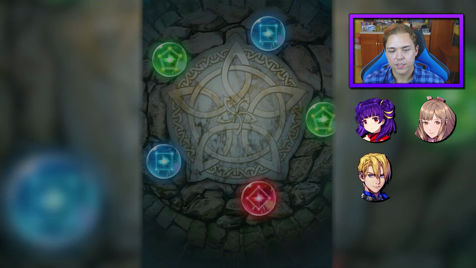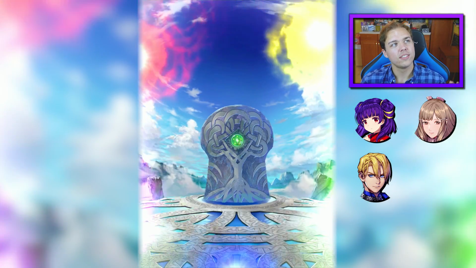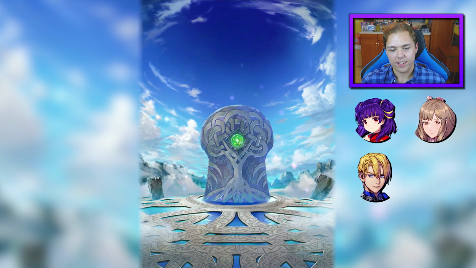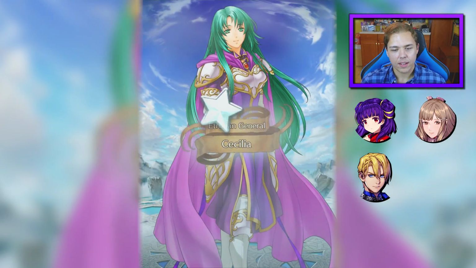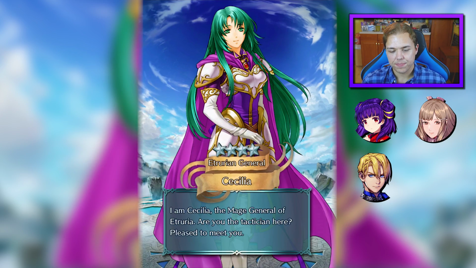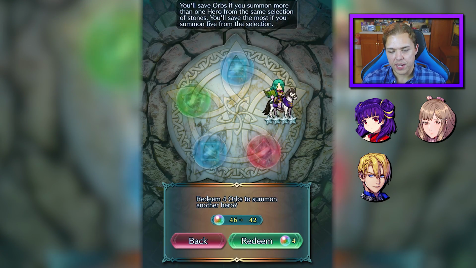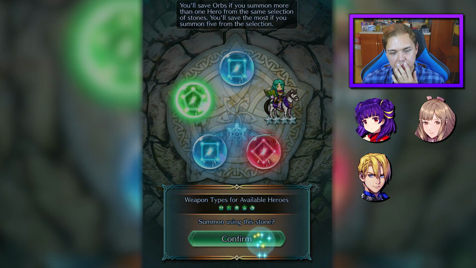Two greens. Yes, I'll take two greens. And I will take two Edelgards, like an ice cream sundae. Always gets me. Always. Come on, Cecilia, back off. Probably wouldn't be a bad unit to plus 10 either, really, for like Ether Raids offense or something, but...